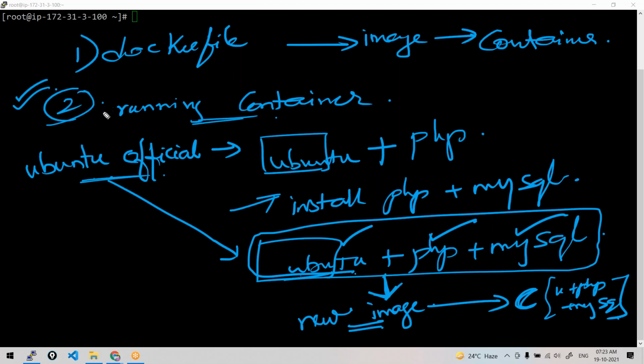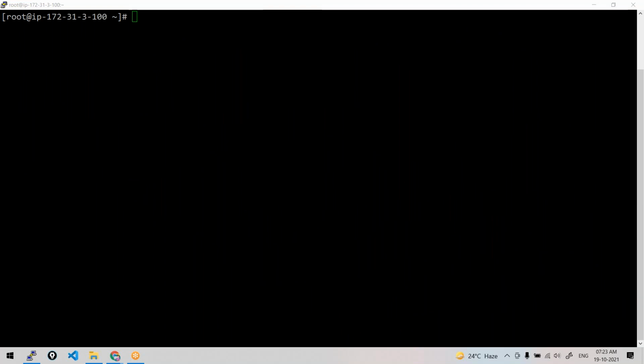Whether you create the images using this method or using the Dockerfile method, you may use any of the methods. The steps that happen at the backend, how it works and how the image is built at the backend, are the same. Only the thing is you are doing it in a different way. That's all. Shall we go for the demo on this? Do respond so that I can understand you're following.